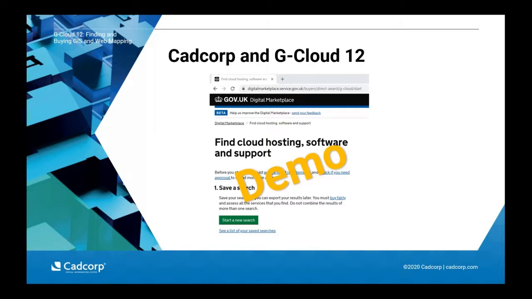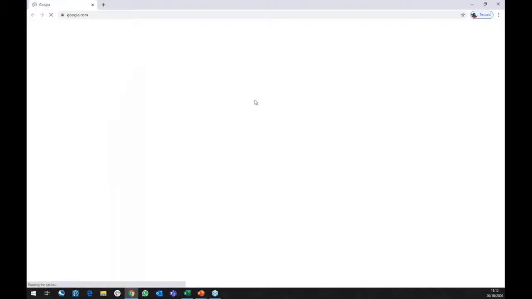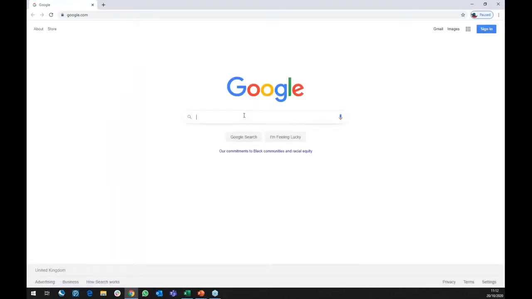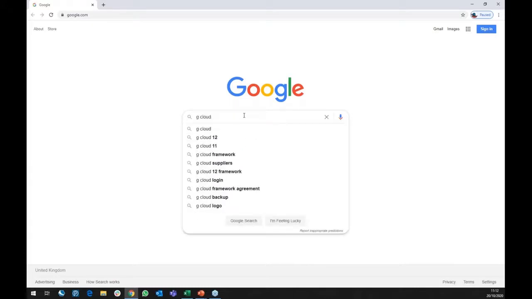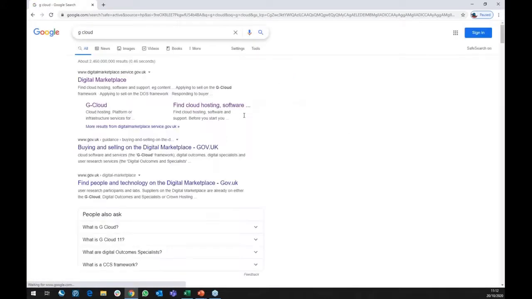So now we're going to have a look at the GCloud, and I'm going to give you a quick demonstration to talk you through how to get access to it and how to look at particularly CADCORP services. So you should now see my web browser, and I'm going to just go to Google. Obviously other browsers and other search engines are available, but if I just type in GCloud into Google, and then